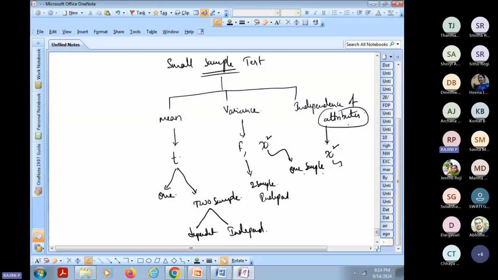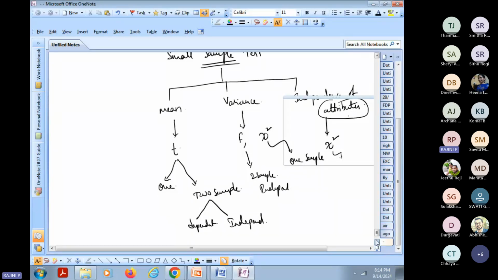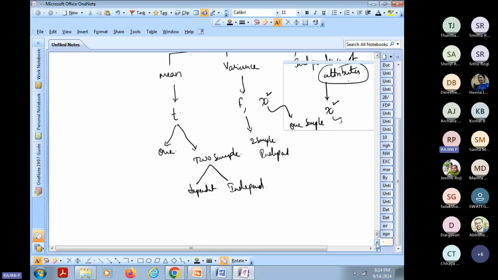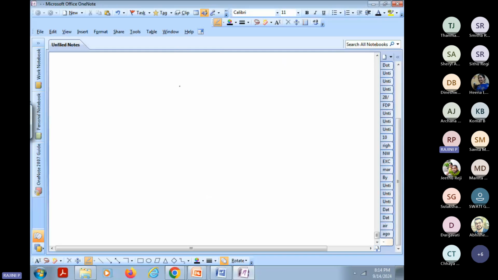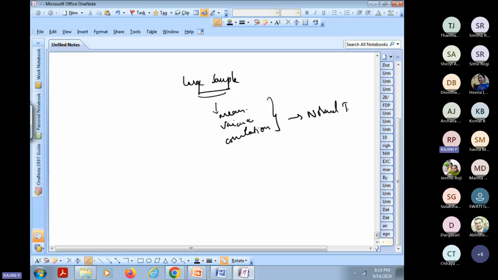Yeah, thank you. And now, this is inferential statistics. These all are the tests I'll be explaining through examples and case studies. And one more, you may get a doubt. For the large sample, which test do we apply? Large sample, it can be the mean, variance, correlation, or association, can be anything. We apply normal test only. Whether it is a single sample or two samples, we apply the normal test only. Clear?